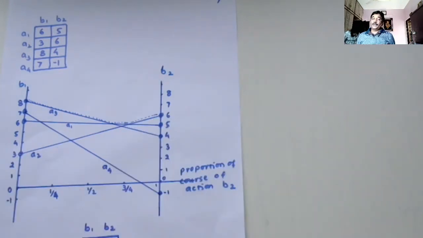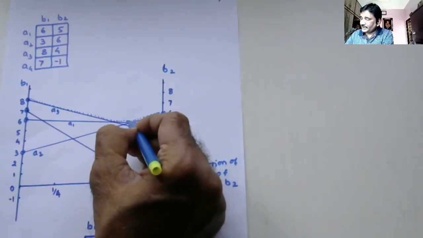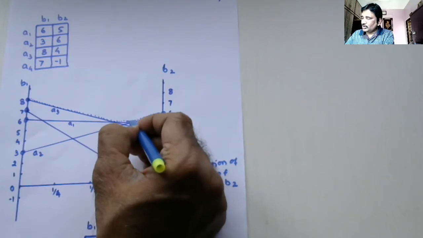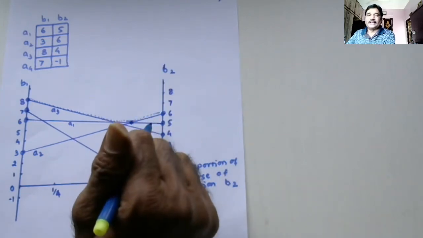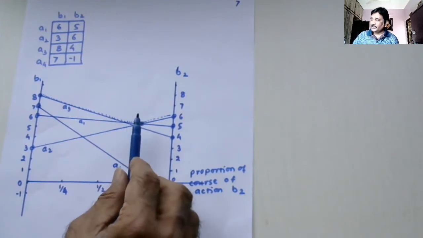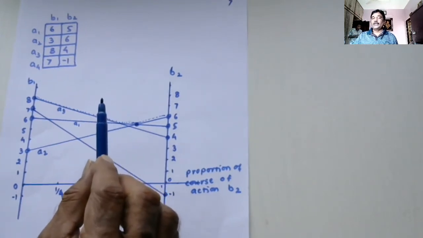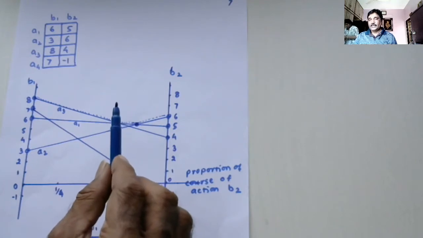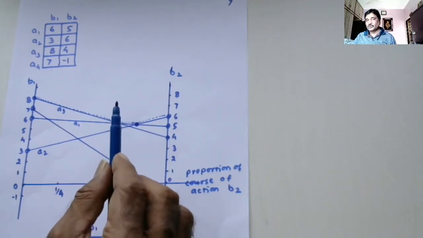Now the control is in the hands of player B. Player B is changing the proportion, and it won't just go on changing; that proportion change also has to be stabilized somewhere, and it will stabilize at this point. Because player B also looks at his own loss as the gain of player A. The more the gain to player A, the more is the loss to player B. So B will be settling at such a proportion which will result in minimum loss to player B. Minimum loss to himself means minimum gain to player A.